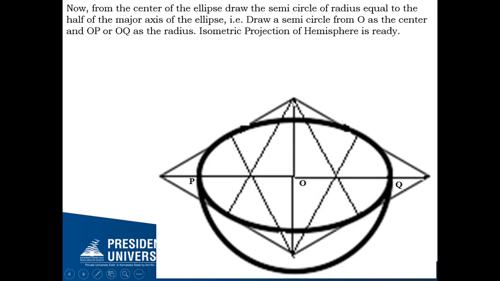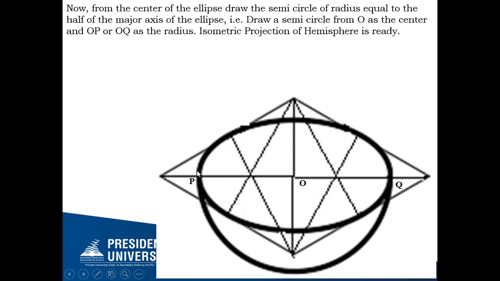you find out the center of this square by drawing the diagonals. So this is the center. I'll call the center O, which I have taken just for my reference to explain to you. And then you take this O as the center, either OP or OQ as the radius, with the help of your compass. So you can place the pointer of your compass here and the pencil either here or here. Take O as the center.